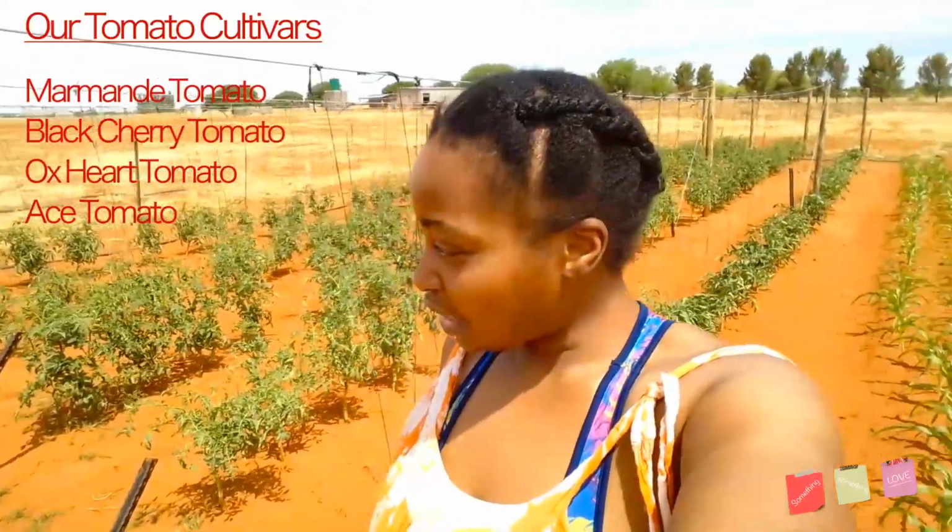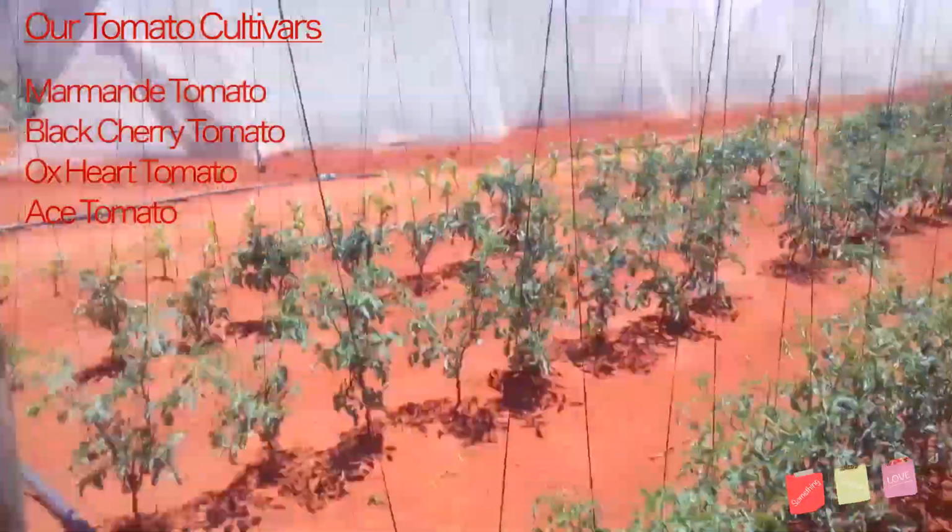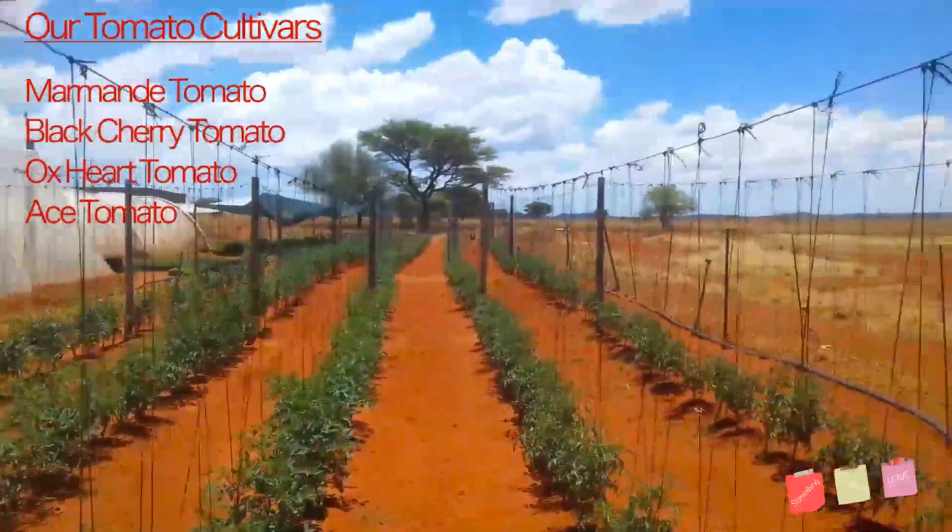So yeah, I thought I'd give you a little bit of an update on the tomatoes. We have four different varieties of tomatoes, and we are very close to harvest, it seems. So as you can see, this is our tomato